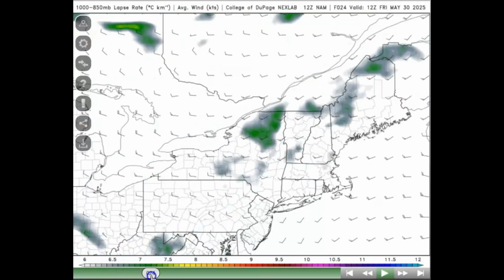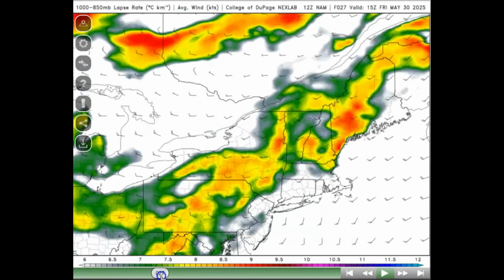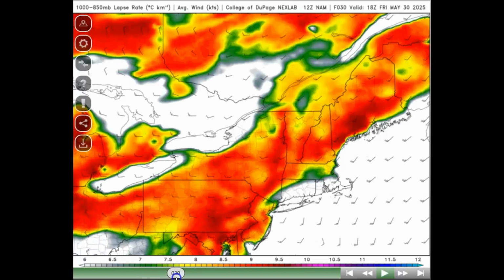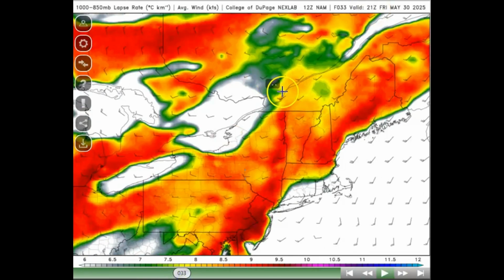So going into tomorrow, I'm going farther in time here. This is for May 30th. We're actually seeing brighter colors emerge into southern Quebec, which represents steeper cooling rates with increasing altitude. We're seeing that overspread pretty much the northeast, southern Quebec, eastern Ontario as well. So that is actually a good sign. I mean, it's good if you were hoping to see thunderstorms. We can see that solar heating is very prominent in these regions and it's helping to steepen these lapse rates.